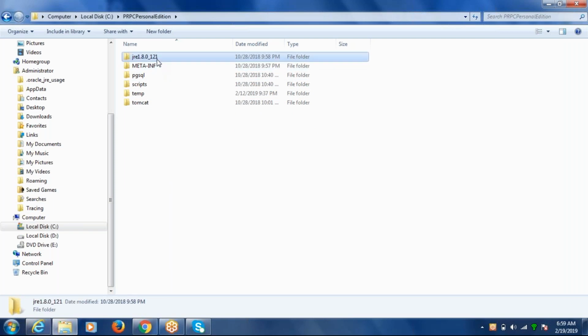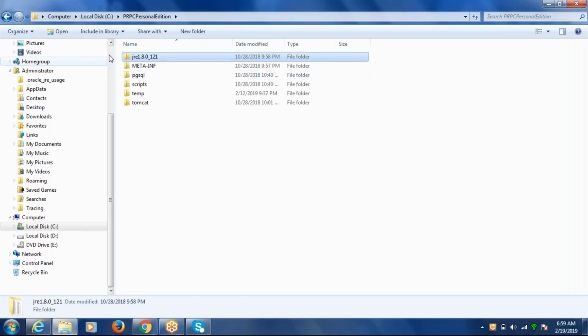One is the Java Runtime Environment. Pega runs on Java, and whenever we are using the 7.3 or 7.4 version, by default the supportable Java is greater than 1.7. Here the Java runtime environment is coming with 1.8.